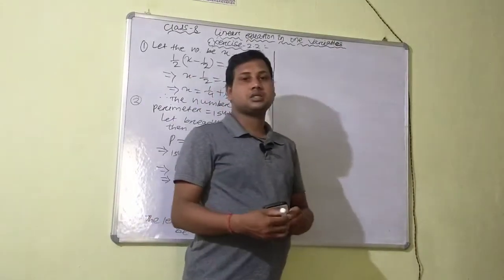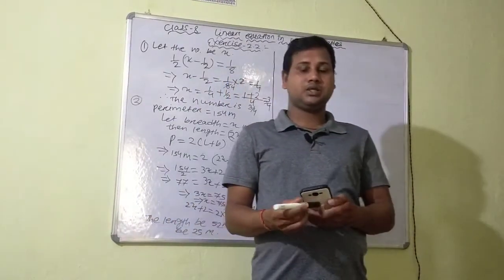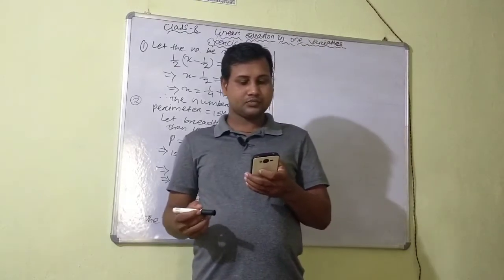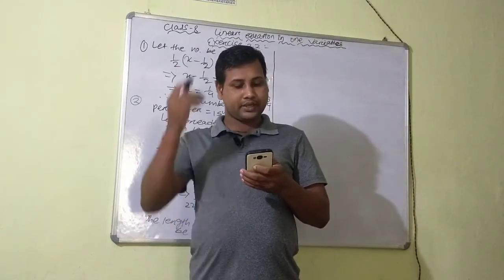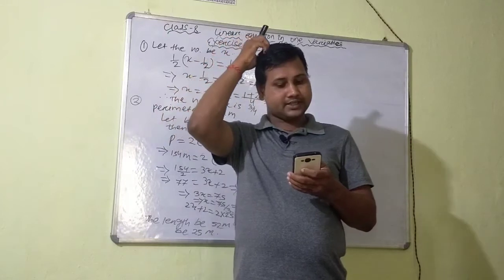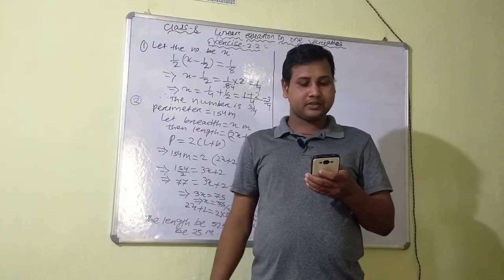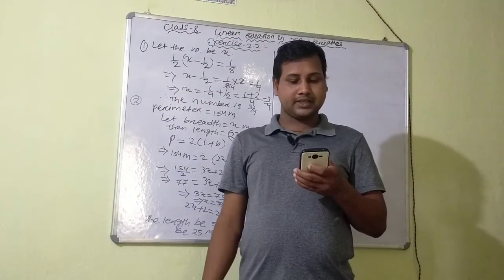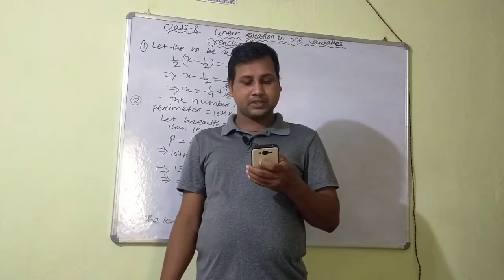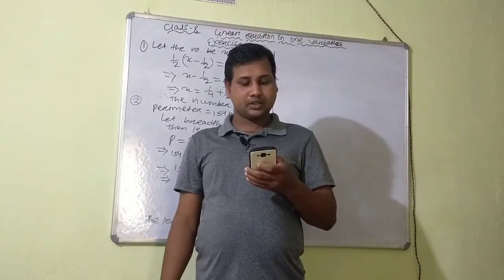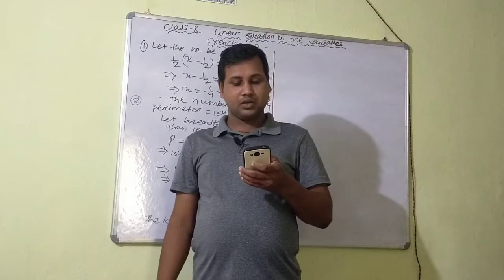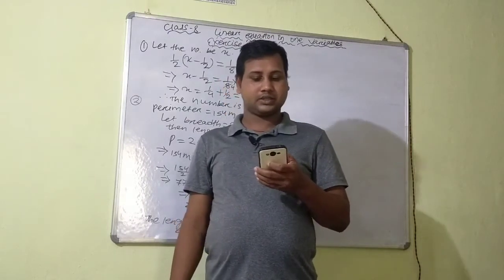Now we will discuss question number 3. First given here, the base of an isosceles triangle is 4 by 3 centimeter. The perimeter of the triangle is 4 whole 2 by 15 centimeter. What is the length of either of the remaining equal sides?